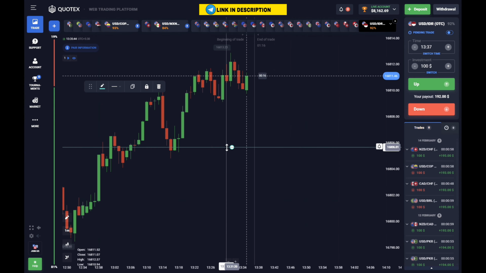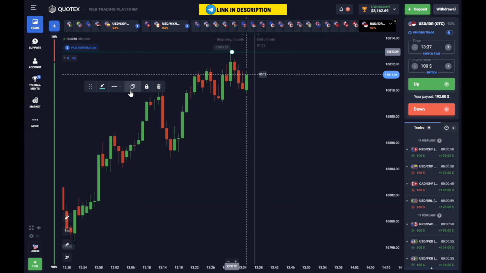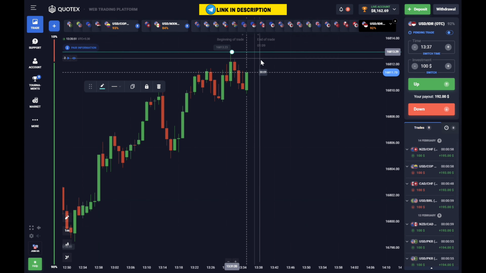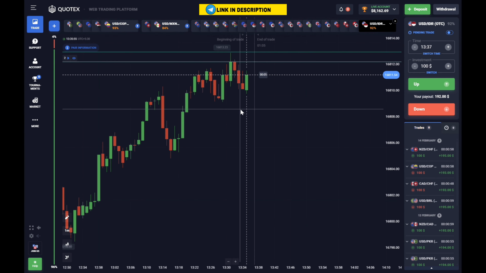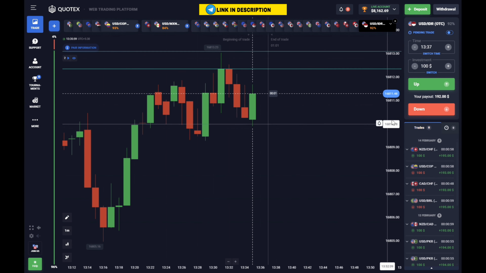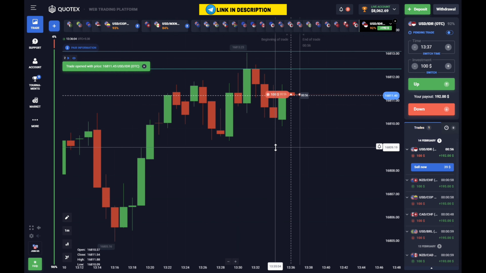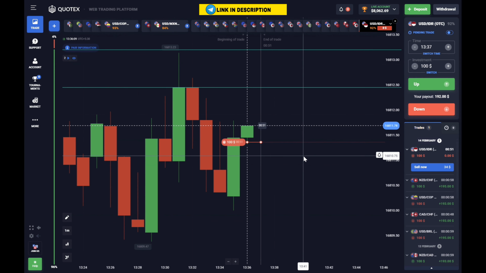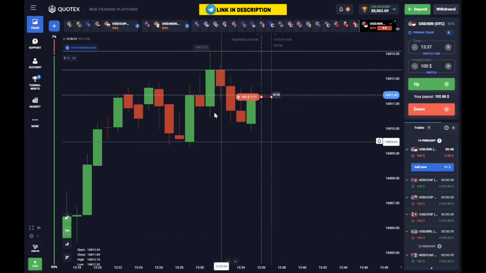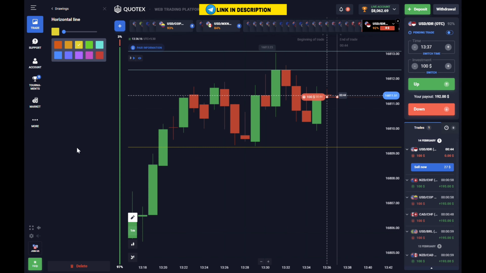How will I place the horizontal line? On the upper side, where the price has gone high, where I can see the wick, I have placed a level there. After that, covering the wick on the lower side, I have placed a level here as well. This forms a resistance zone, and here I will place a trade in the downward direction. I have placed a trade for a downward move here because I feel that the upper side is a very strong resistance level. And from there, the market has also been bearish. There have been 3 consecutive red candles there. Here I can also see a long candle which I should have marked with a rectangle.